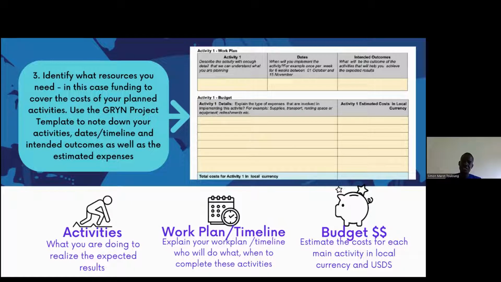Then the outcome of these activities, you also capture in the project template. Then the estimated cost. This will come with some detail, like how are these activities going to be implemented? What is the cost? So the first step is to note down your main activities. If you note down the main activity that you want to implement, then the second step is, for each activity that you estimate,